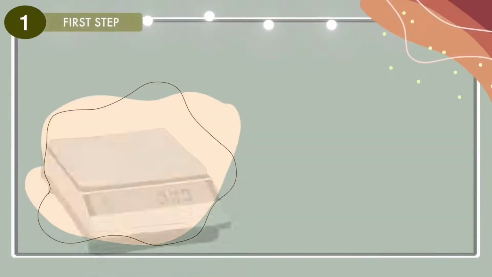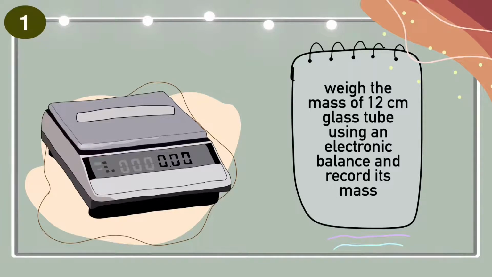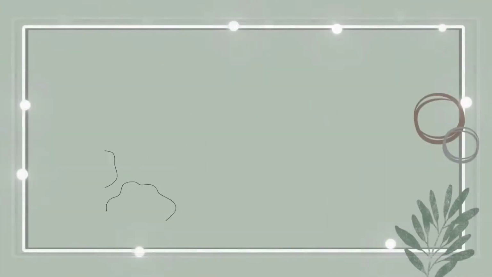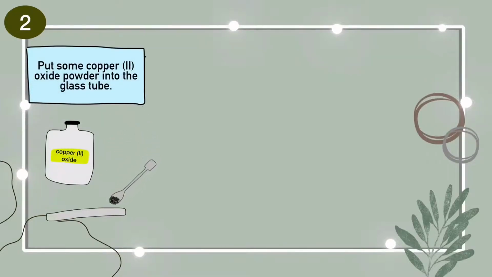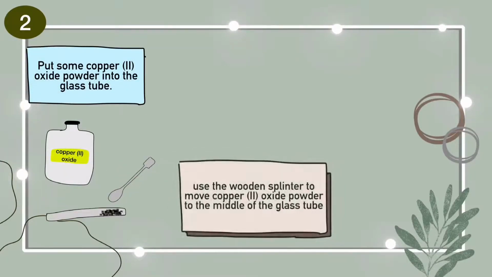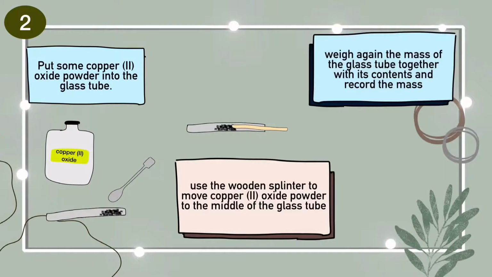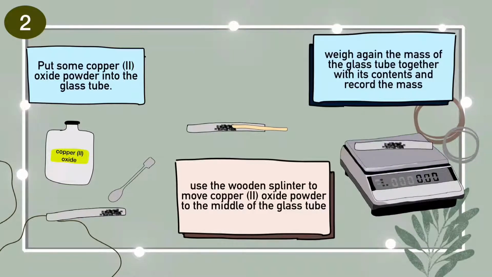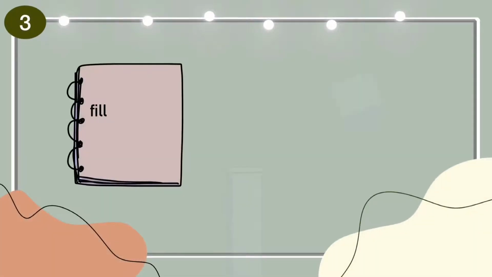The procedure is, firstly, we need to weigh the mass of 12 cm glass tube using an electronic balance and record its mass. Second, we have to put some copper oxide powder into the glass tube. Make sure to use the wooden splinter to move copper oxide powder to the middle of the glass tube. Then, weigh the mass of the glass tube together with its content and record the mass. After that,